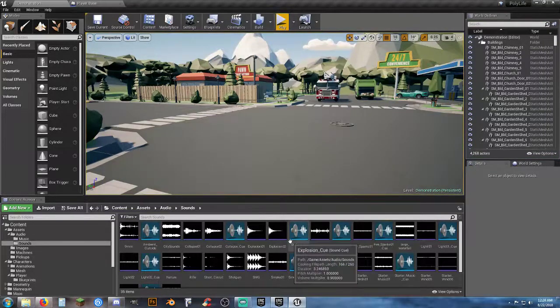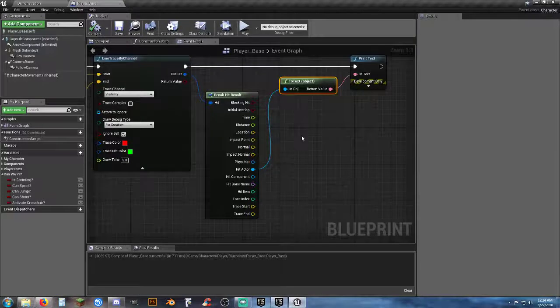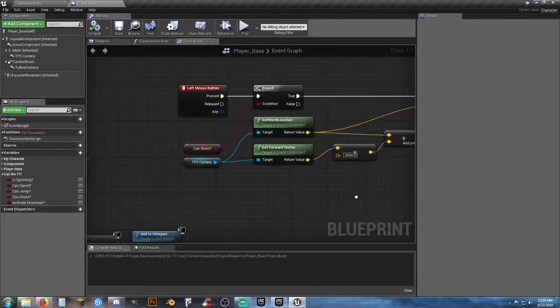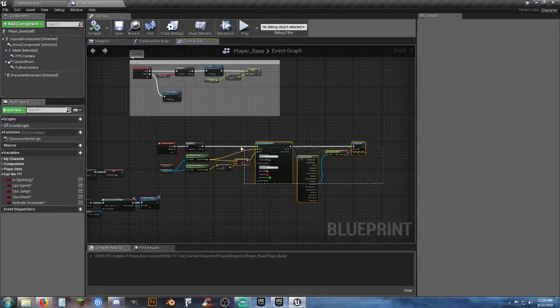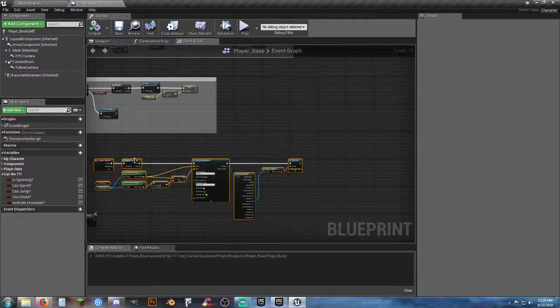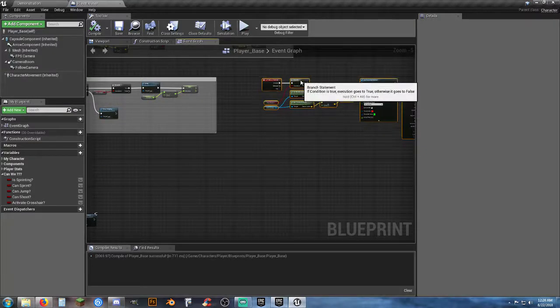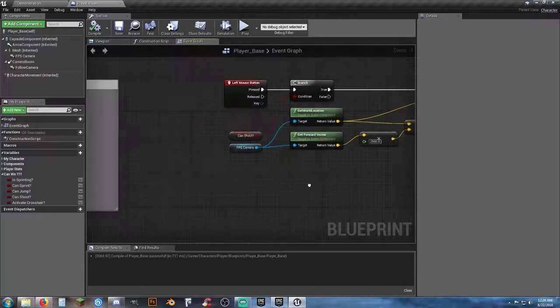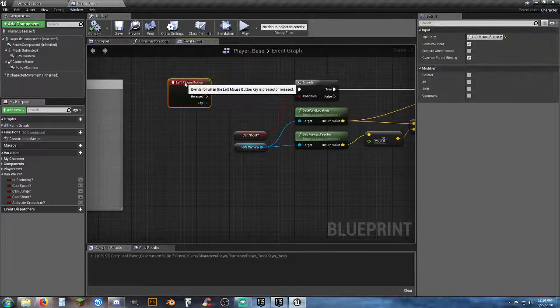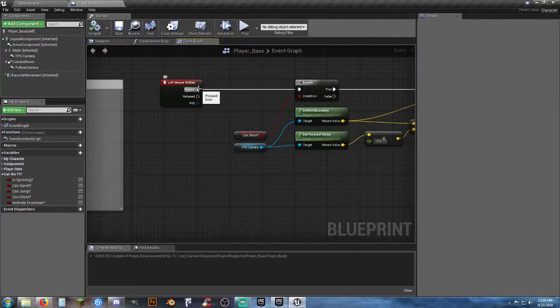I have taken the liberty to go ahead and add a bunch of sounds in here. The first one I'm going to do is whenever I do my line trace, this is the setup right here. I'm actually going to go ahead and move that a little bit so I got some more room to work with it. I got a lot of cleanup work to do on this blueprint for the player, but the one thing I want to do here is let's move you over here and then